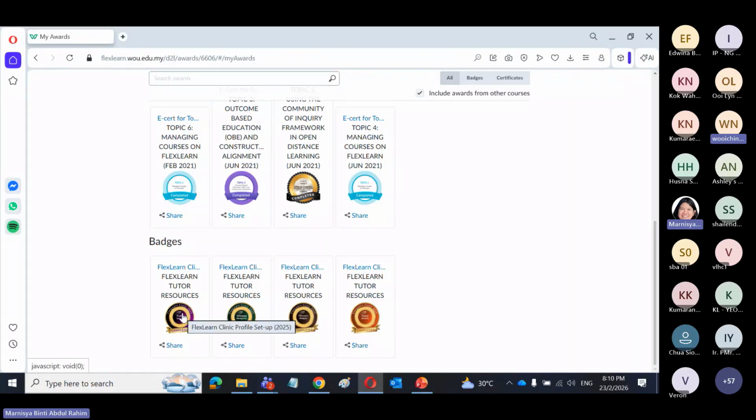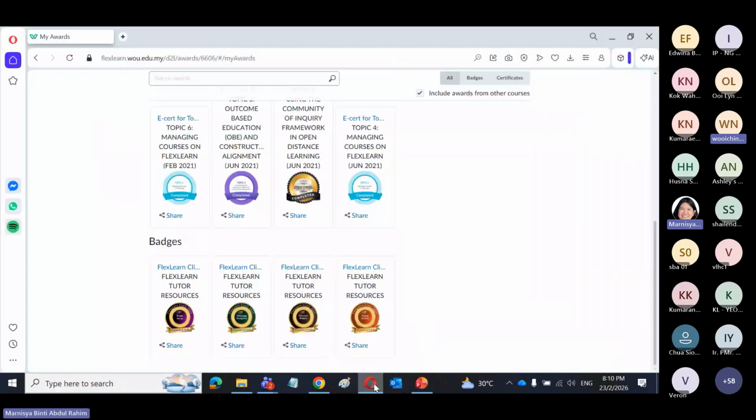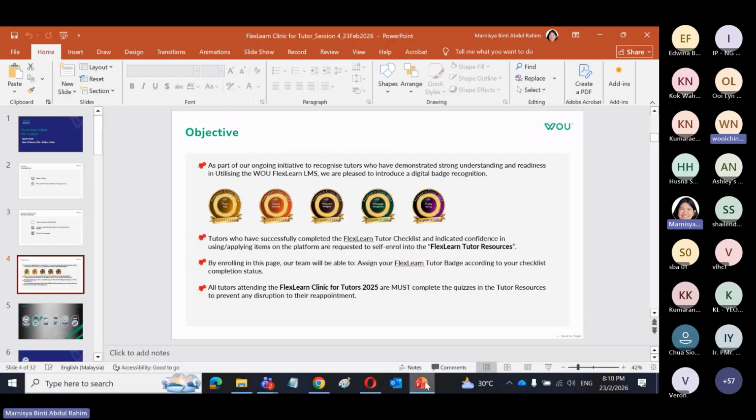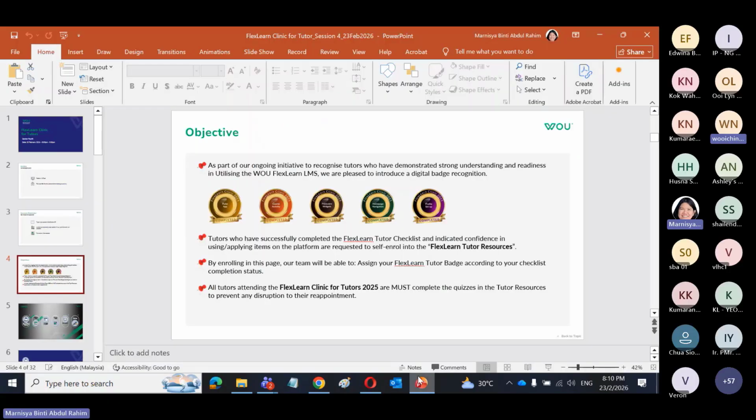So what is it? He has a profile set up. He has a homepage navigation widget and course activity. So one more is missing. The other one would be course activity. Okay, let's see. File setup. Yeah, file setup. So Dr. Yao, you need to go and